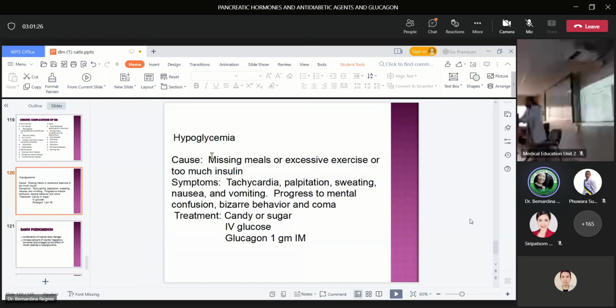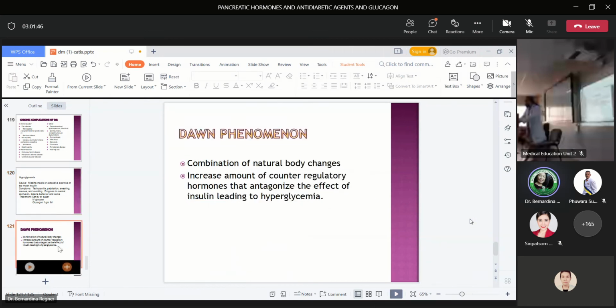How do you treat a patient with hypoglycemia? You have to give candies. White rabbits, no? The one I told you before, no? Sugar, IV glucose in the form of D50 water, you inject that. Then glucagon, 1 gram intramuscular. Dawn phenomenon is a combination of natural body changes,